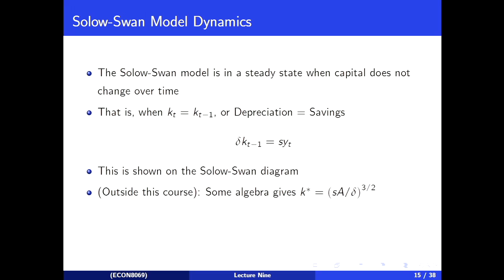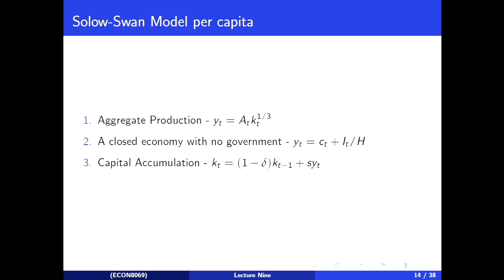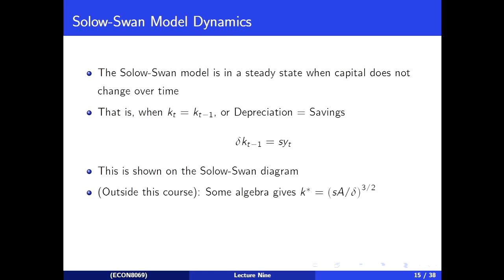So there's lots of arguments why you can demonstrate this more directly. You can go through and do some calculation and say, if I let K_t equal K_{t-1}, and I assume that this capital accumulation equation holds, then you pretty readily get to this idea that capital is in steady state when depreciation and savings are the same. Or depreciation and investment, because investment and savings, again, are the same thing.